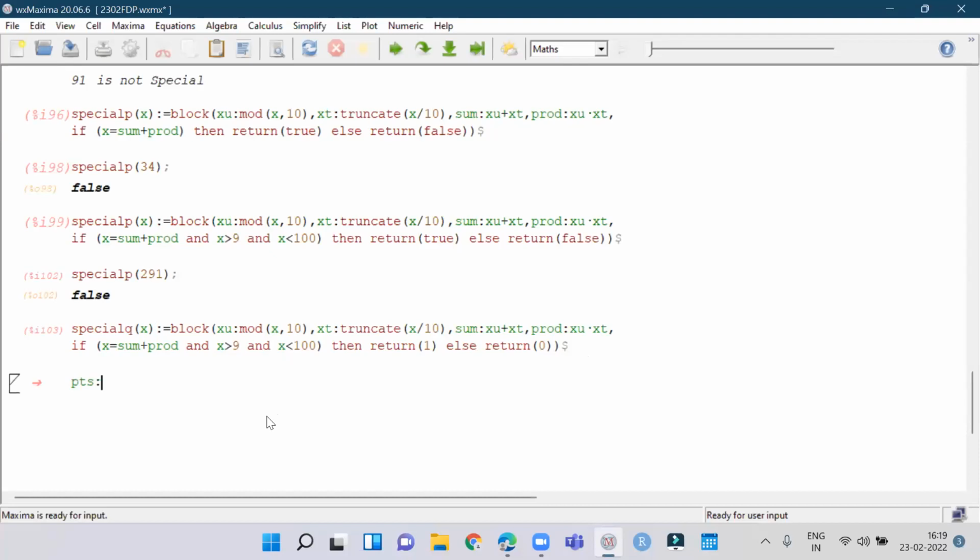So now I'm going to make points. How to make points? Make list, my standard method. In the standard method, we write first circular bracket, then square bracket, then T, and then you have to check every number, special Q, whether it is 0 or 1, special Q of X, and then T varying from, if you give varying from 1, it will give 0 0. Better you start from 10 and finish it at 99. Right? So let us see what kind of points are. एक बार देख लेते हैं।